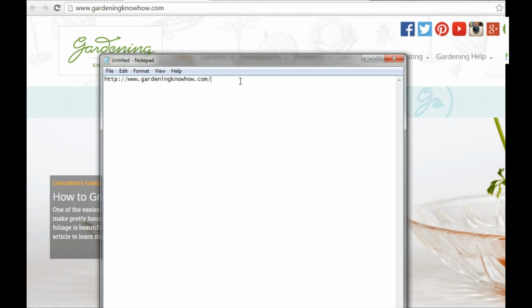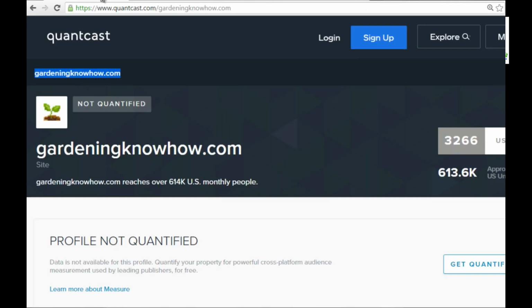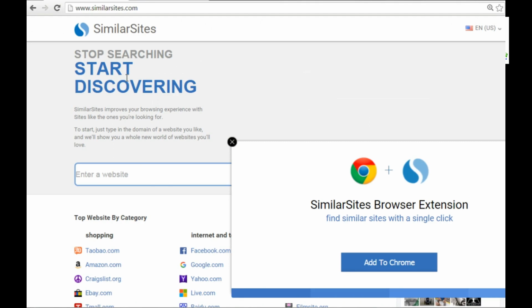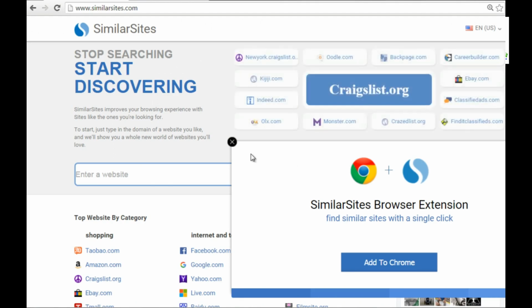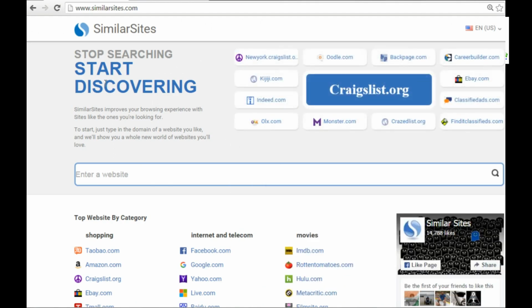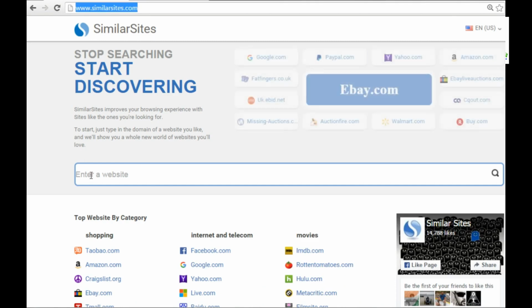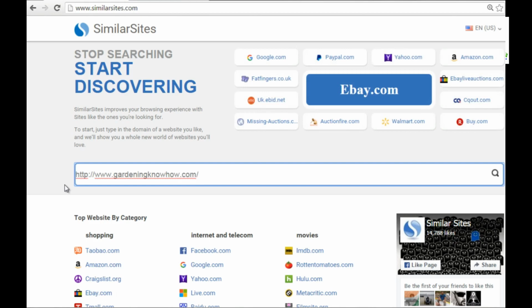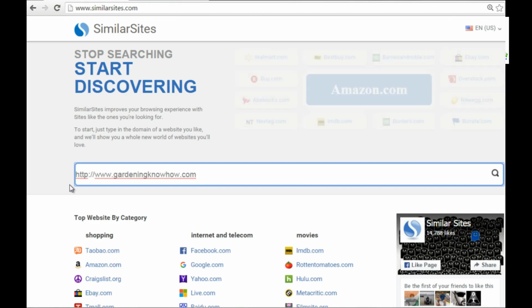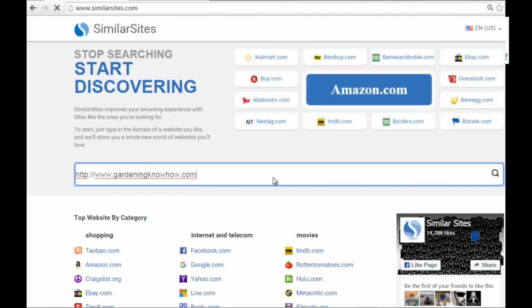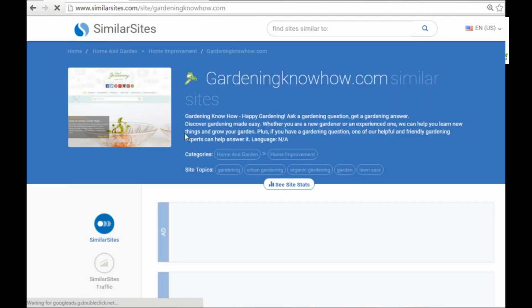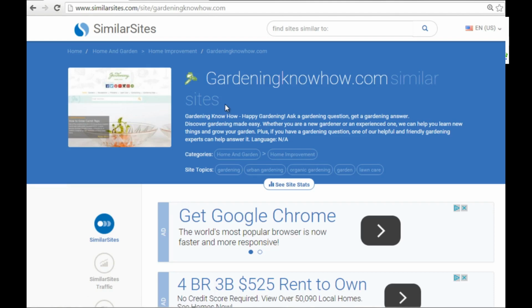Now that we have this URL, in order to find other URLs, what I'm going to do is close down Quantcast in this site here. There are 2 other sites that I would recommend. Similarsites.com, which basically, if you enter a URL of a website, it'll tell you all of the other websites that are similar to that website. So if I go ahead and press enter here,